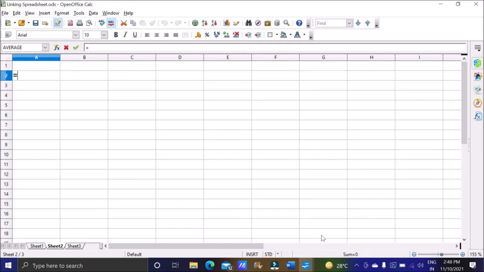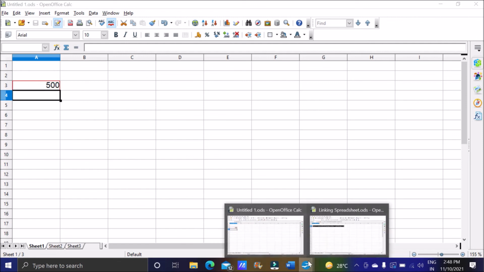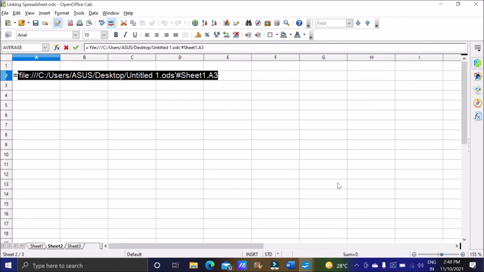I've written equal to, and then I want to get data from here. So as you can see, this is now in red color, red background, and we have got the address. It is file, C drive, users, folder ASUS, desktop, untitled1.ods. This is the name of the file, untitled1.ods.